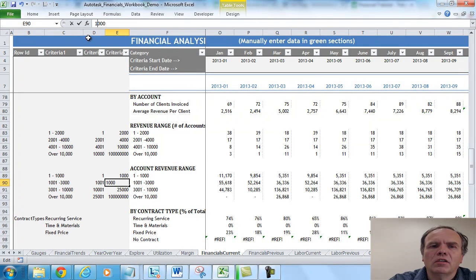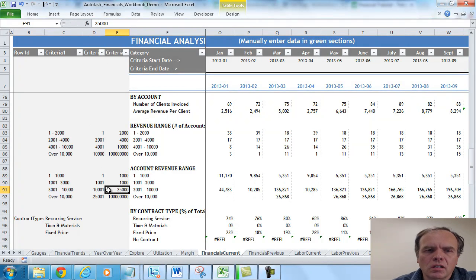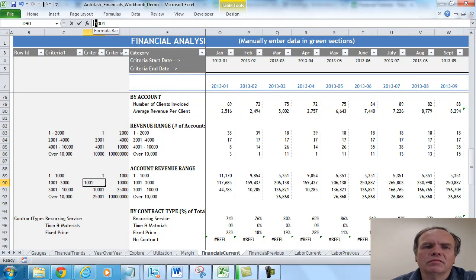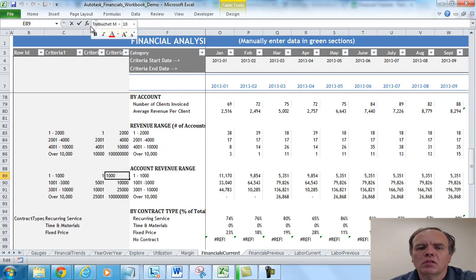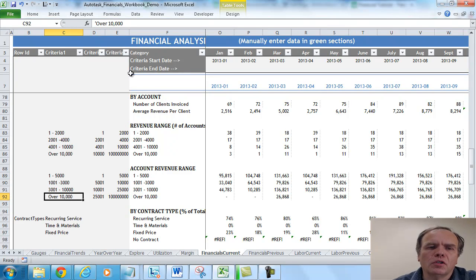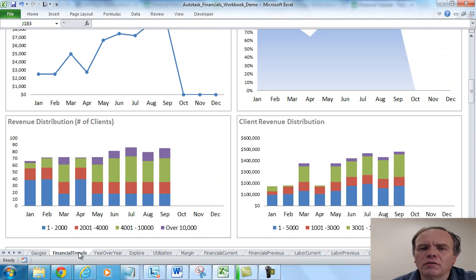And you're seeing how you go about making these changes. Oh, I can make that 10,000 rather than 1,000. And I'll make this 5,000. So I'm going to change these distributions. And then likewise, you always go in and you just change your numbers here. I'm going to change the first one. I'm going to change the last one. And you can see, but I'm not going to change the other two, just to show you the difference. And now what I wind up seeing is, because of the changes,